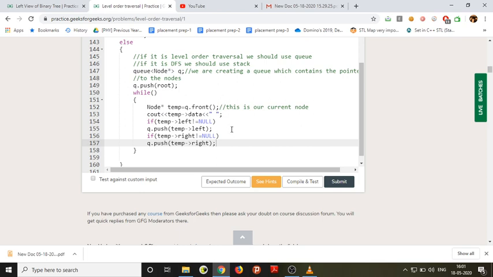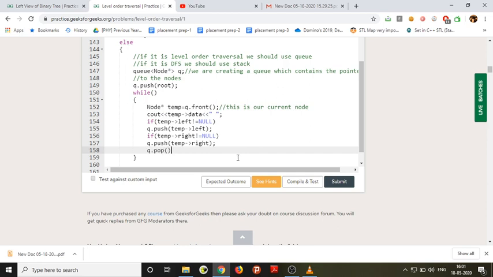Now, what should we do after pushing? We have a current node, we checked if it has a left node and if it has a right node. If it has a left node, we push it into the queue. If it has a right node, we push it into the queue. Then we have to remove this temp, our current node, from the queue. So queue dot pop.